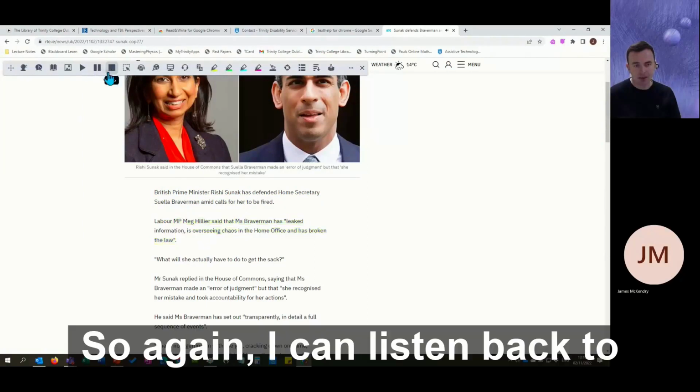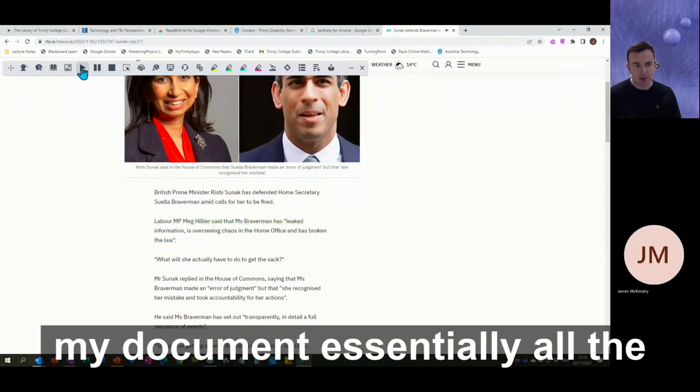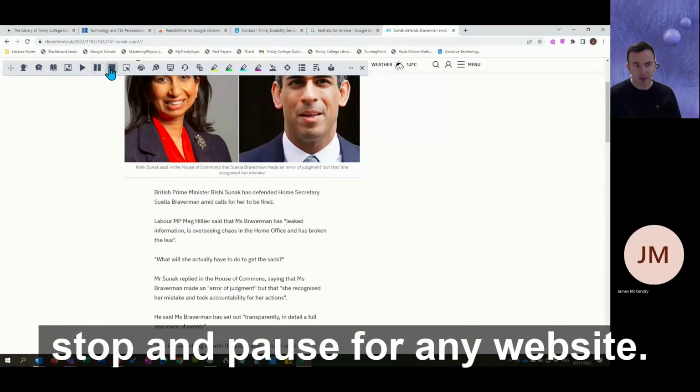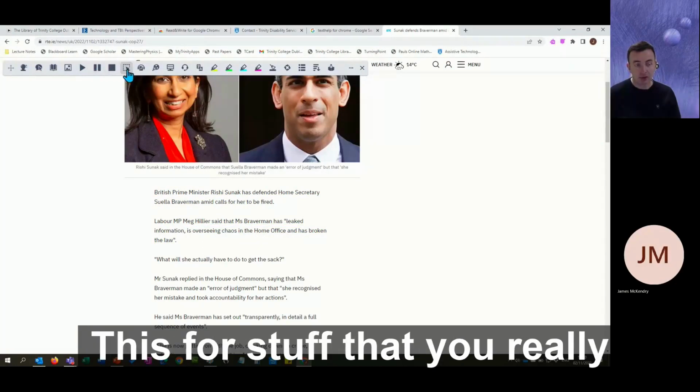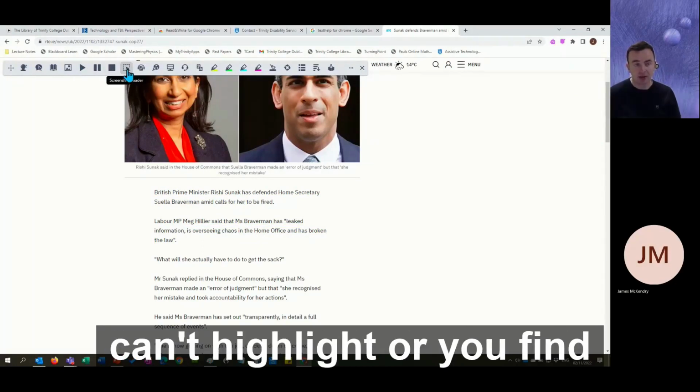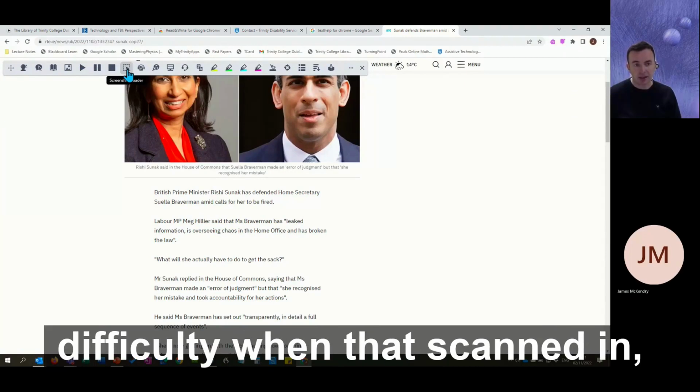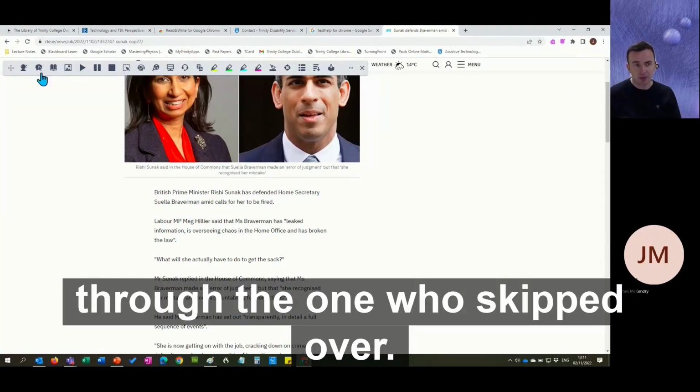So again, I can listen back to my document using the play, stop, and pause for any websites. This is for stuff that you really can't highlight or you find difficulty with when it's scanned in. The one that I skipped over,